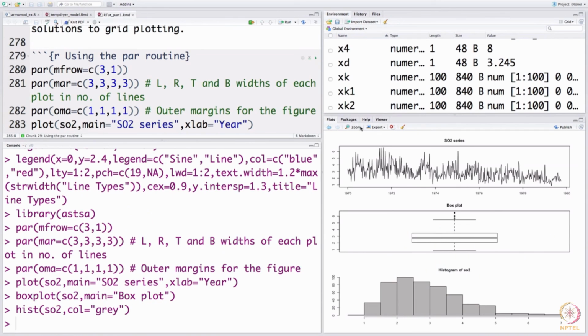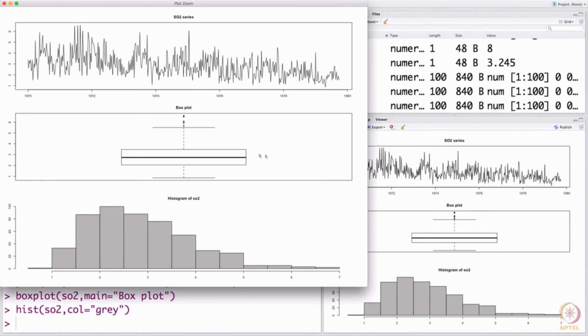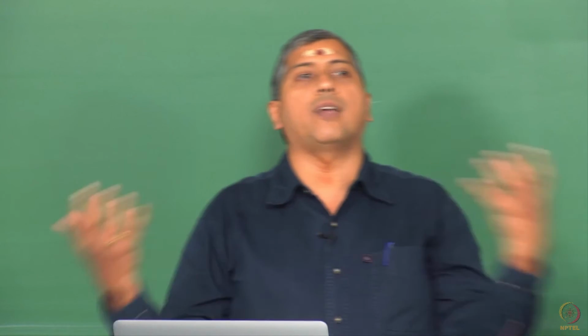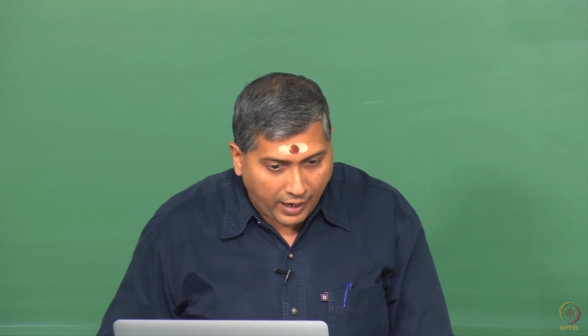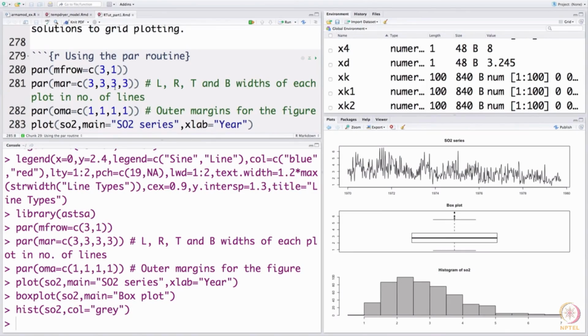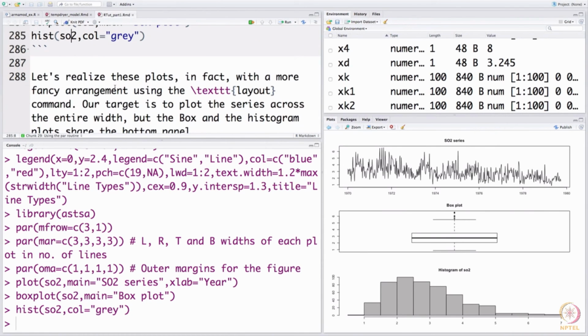If you want to bring out the plot and zoom in, you can use a zoom option there in RStudio. So, you can see the series is on the top, box plot is in the center, and then the histogram at the bottom. Now, maybe I want a more fancy arrangement. I want the series on the top, but I want the box plot and the histogram side by side, right, and I can do that using either layout or split.screen, and that is the last thing that I